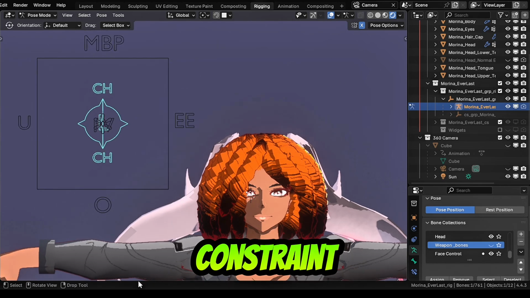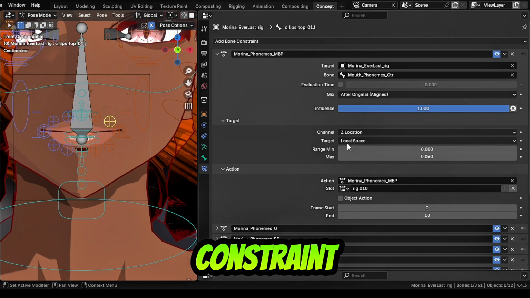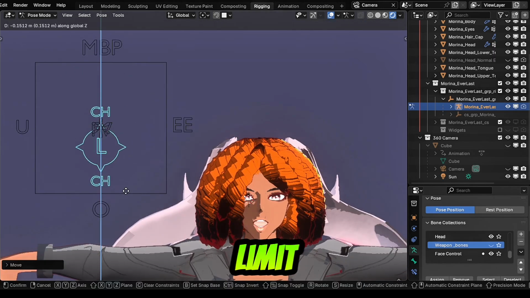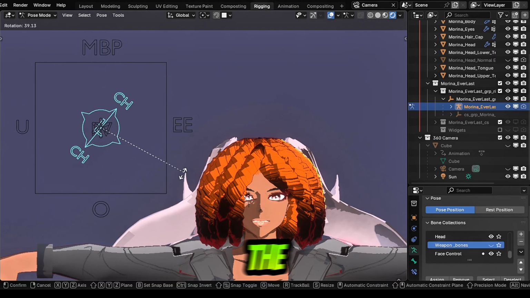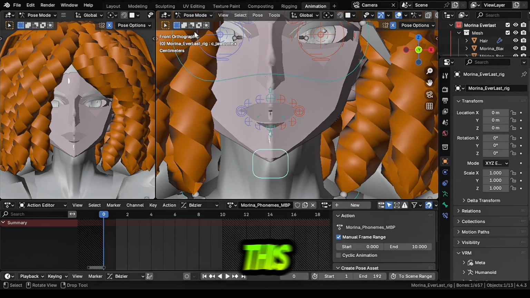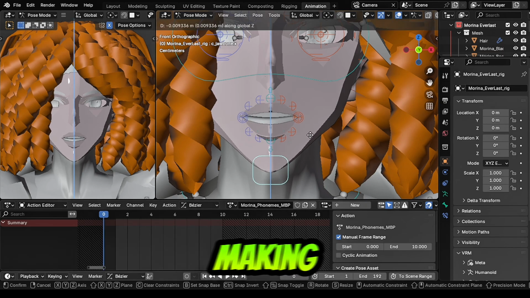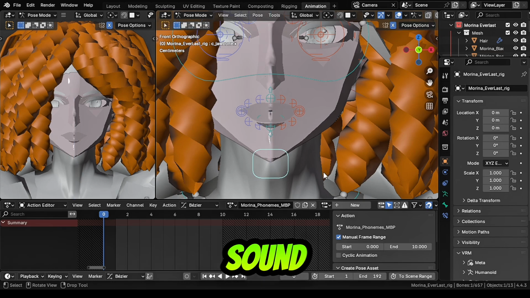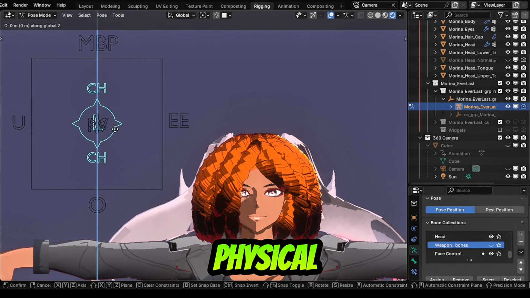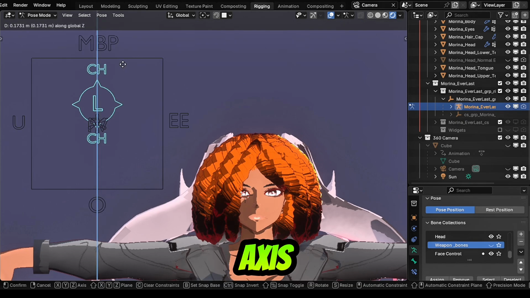Now the action constraint. What is an action constraint? An action constraint allows a user to control a facial movement set up with the action sheet in Blender. So basically what we did before is limit the location and the scale and the rotation, so the bone only moves in that certain direction. How this works is if I animate the mouth making the MVP sound and call it Marina Phonemes MVP, I want to tell Blender, hey, use this action when the physical control moves up on the Z-axis at a distance of